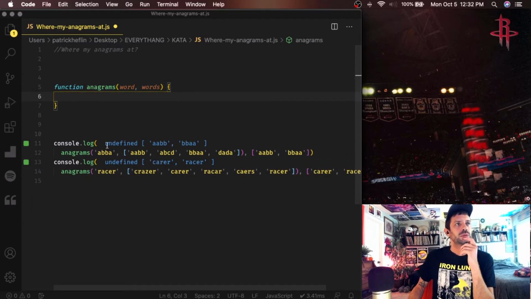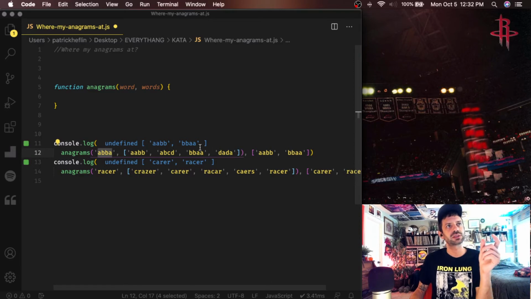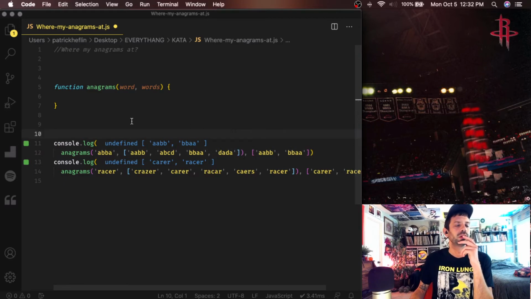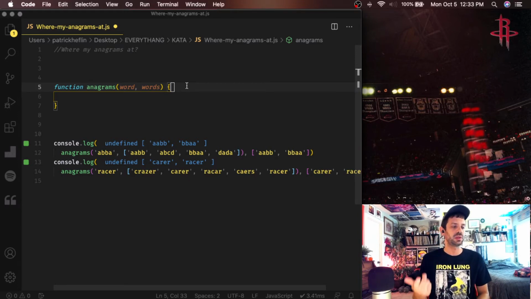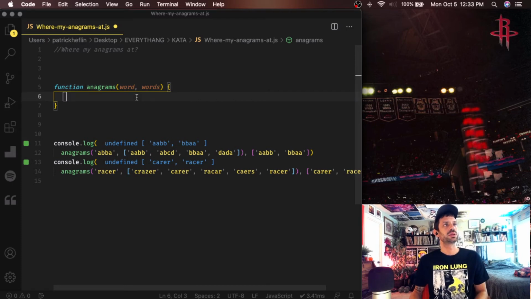So what we're going to want to do, we're given this word, and we want to compare it against all of these other words and see if any of these are anagrams, and then return the ones that are. So I think the way we're going to do it is we're going to sort our first word, and then we're going to go through our array and sort all those words and compare them. And if they're the same, then we know that they're anagrams, because they'll have the same amount of letters and the same letters. So we'll go ahead and we'll let word equal word